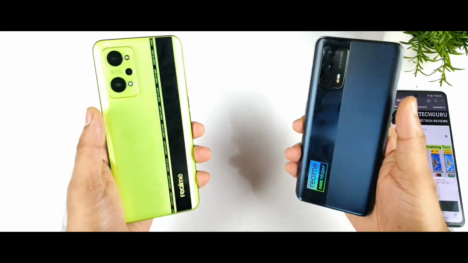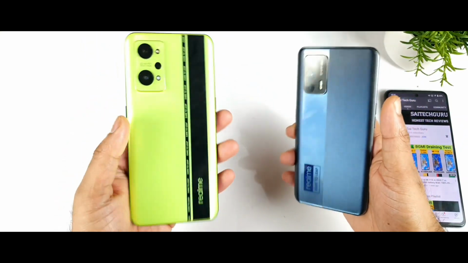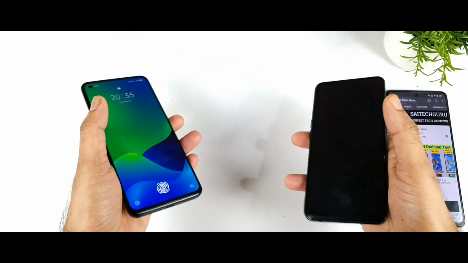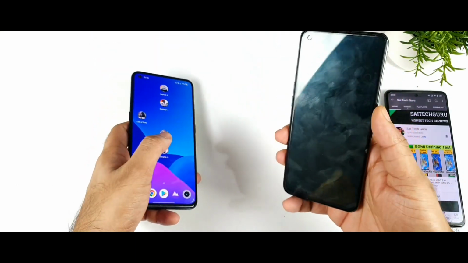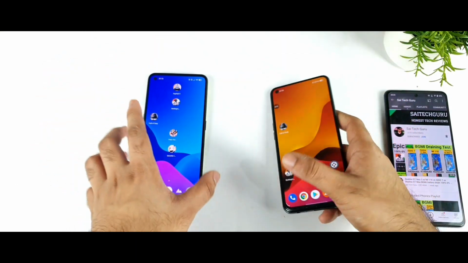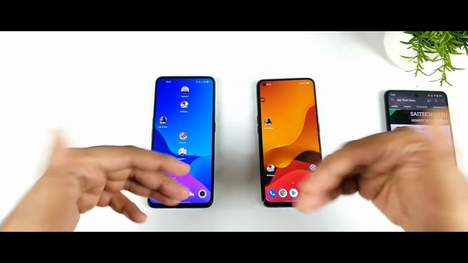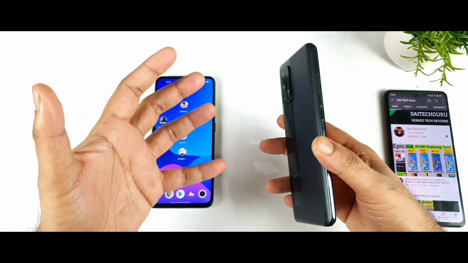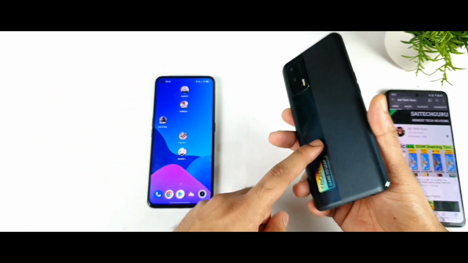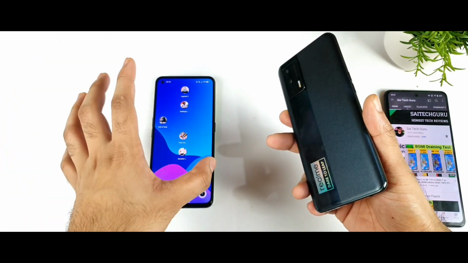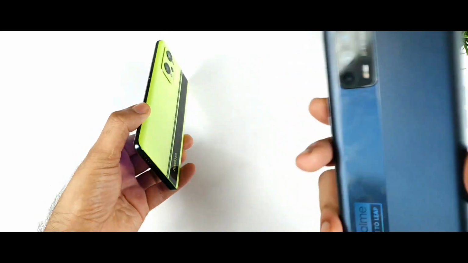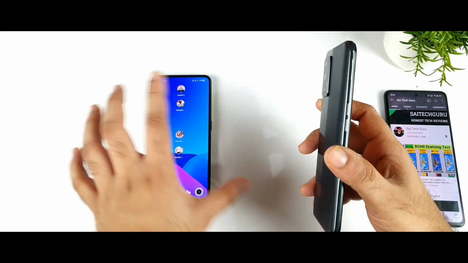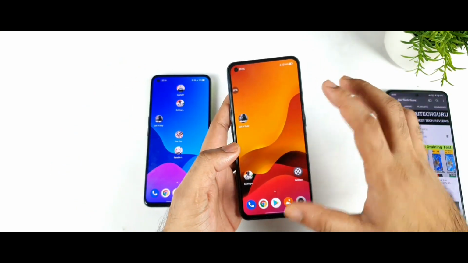In this video, I'm going to compare the CPU core utilization between the Realme GT Neo 2 and the Realme X1 Max. I'll show you, friends, what the 8 cores are doing in the idle state, and how the utilization goes when you use GT mode and high performance mode. I'll also explain why the Realme X1 Max performs really great in high performance mode, where it can come close to the Realme GT Neo 2, and sometimes even beat it in some circumstances. That's what I'm going to discuss in this video: what is happening with the Realme X1 Max.